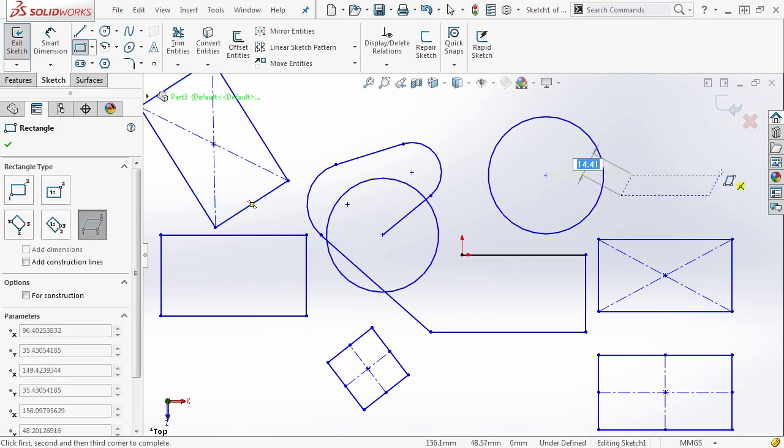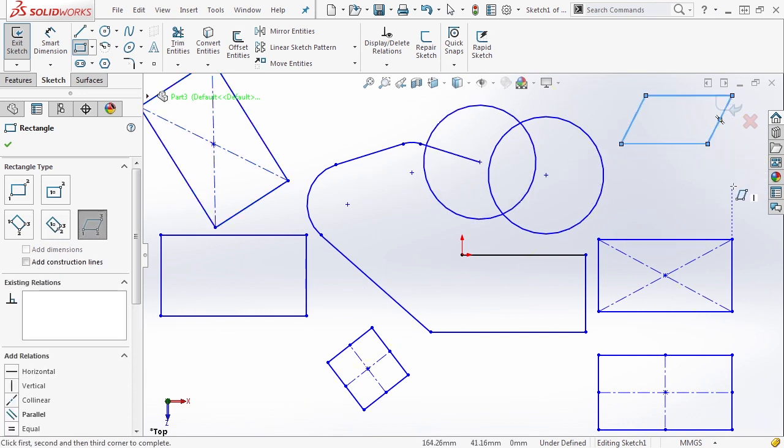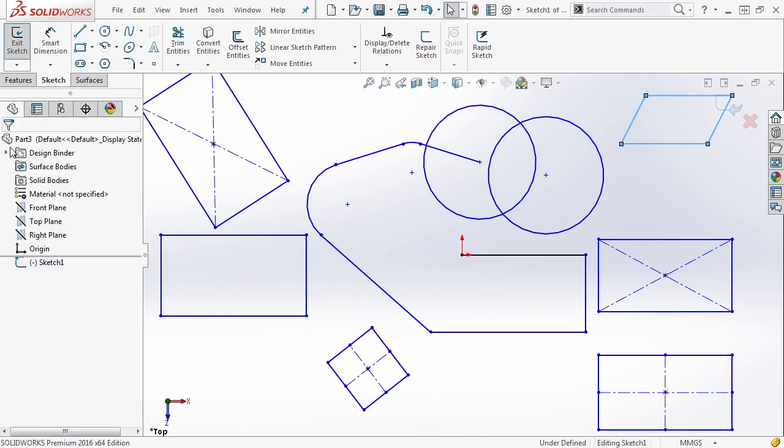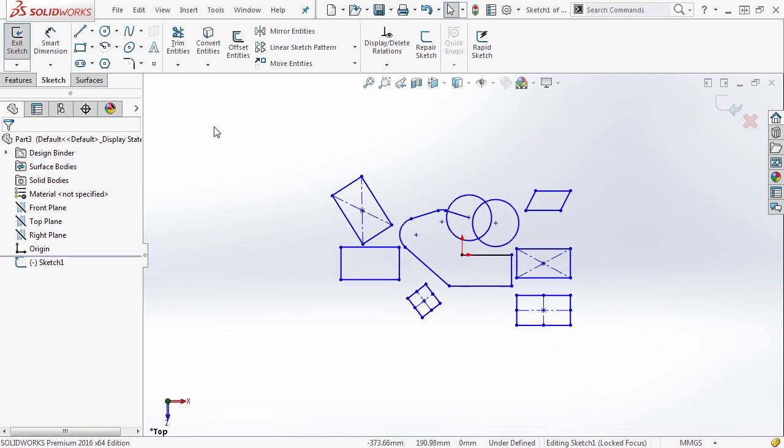Again, this can come in handy, and it's really determined by the selection process and what you need your geometry to be. Let's go ahead and OK out of this and zoom out a bit. Next, let's talk about